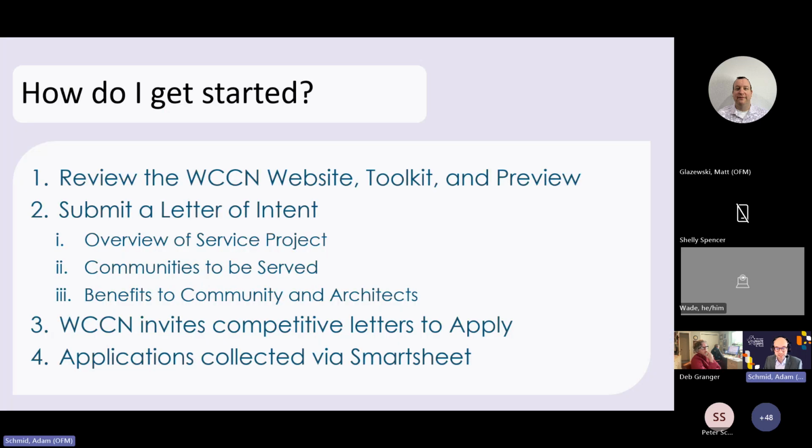So the application process contains 4 key steps. First, review our website, toolkit, and application preview. This will prepare you to understand our priorities, our goals, and our requirements, especially the toolkit. I can't emphasize it enough. Contains everything that we've been talking about thus far. It also contains the sections you can expect from the application and important priorities to maintain whenever you are drafting